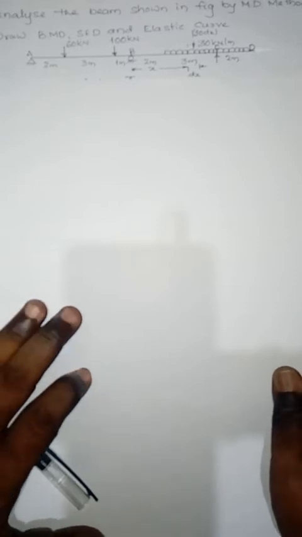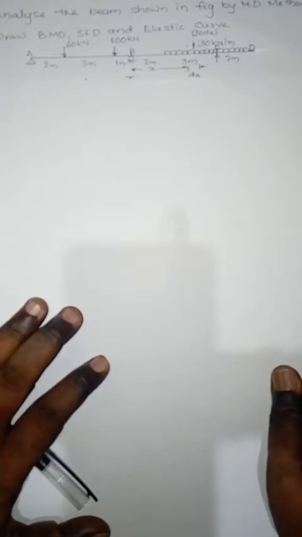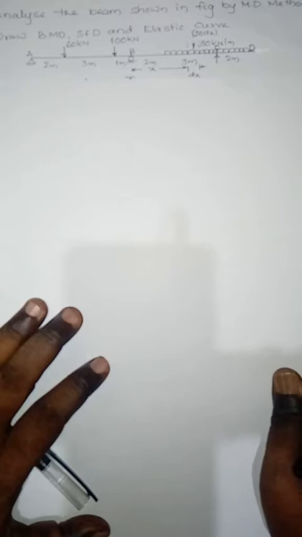The first step is, here one of the ends is on hinged support and another end is on simple support and there is an overhang. In the previous example we solved, one of the ends is fixed and the other end is on hinge. Now here both the ends, one is hinged support and another one is a simple support. Both are discontinuous. With respect to B, if you consider A or C, both are discontinuous.